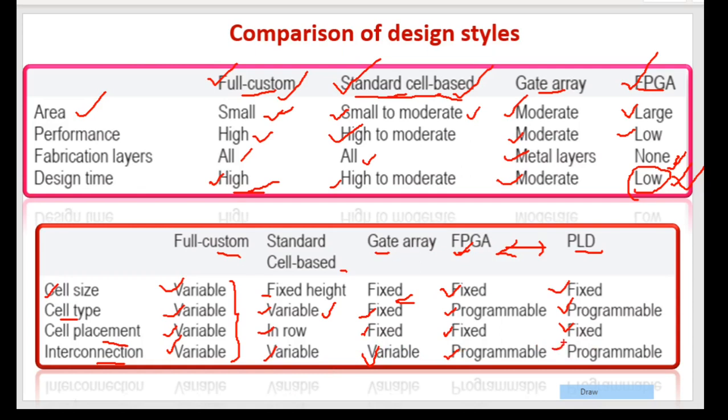So this gives you a clear-cut idea about when to go for which kind of VLSI design style, and what their strengths and weaknesses are. You cannot find everything in one single design flow, because every method has its own advantages and disadvantages. Based upon the type of application, a particular design style is used, and then the chip is realized.